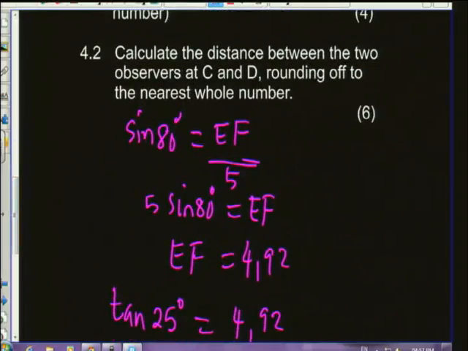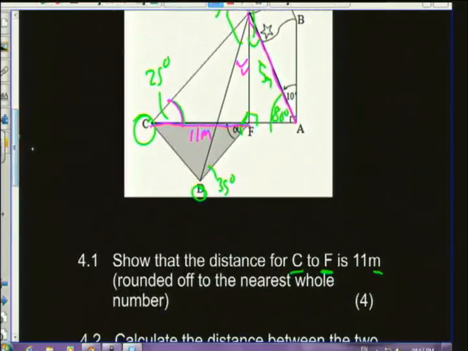The next question. Calculate the distance between the two observers at C and D, rounding off to the nearest whole. Okay? Now, so we need to work out this part. Okay, but what do we have? We have CF. Can we find FD? If we are able to find FD, then we'll have two sides and an included angle, okay? So what do we have? We know that